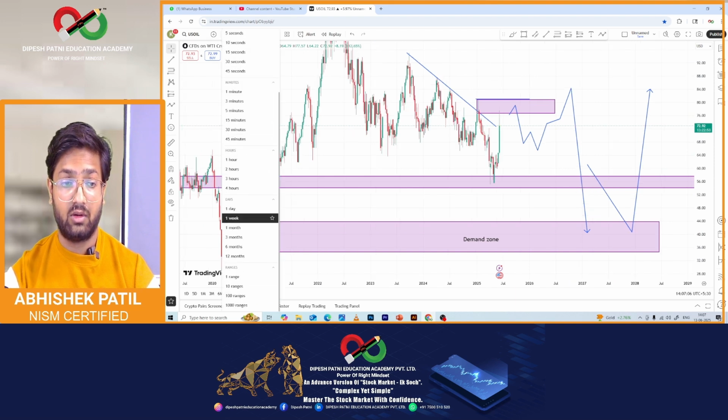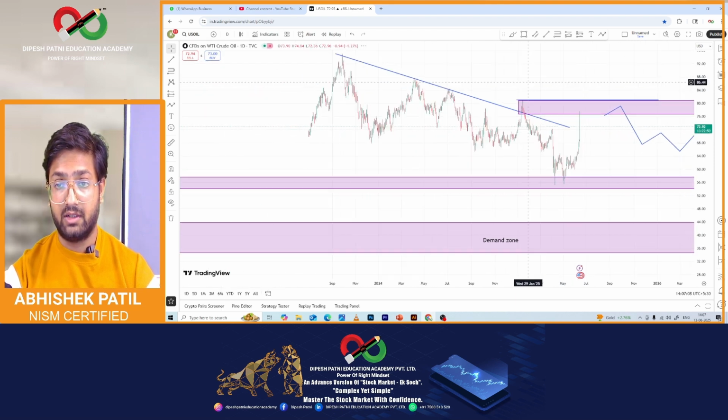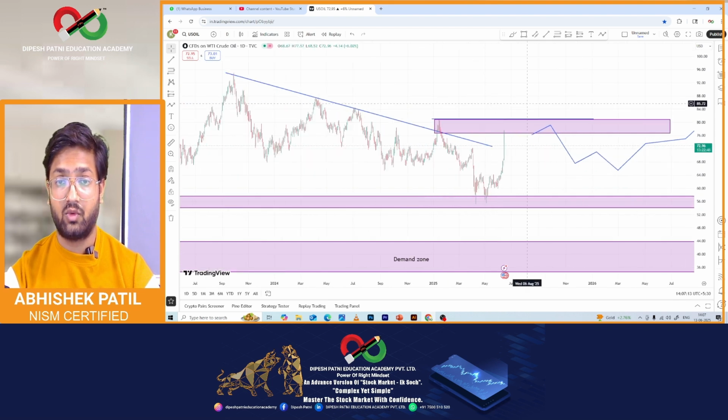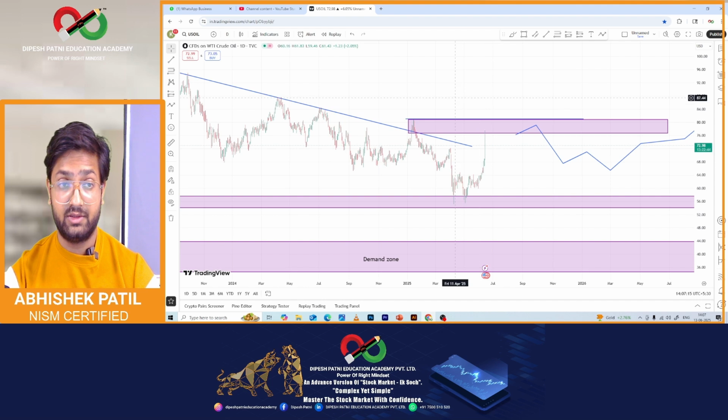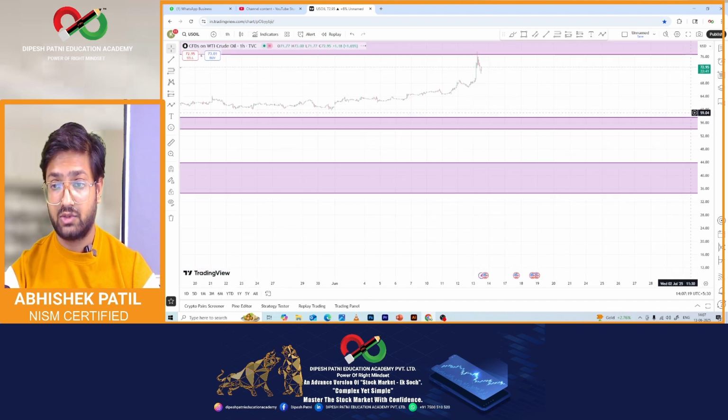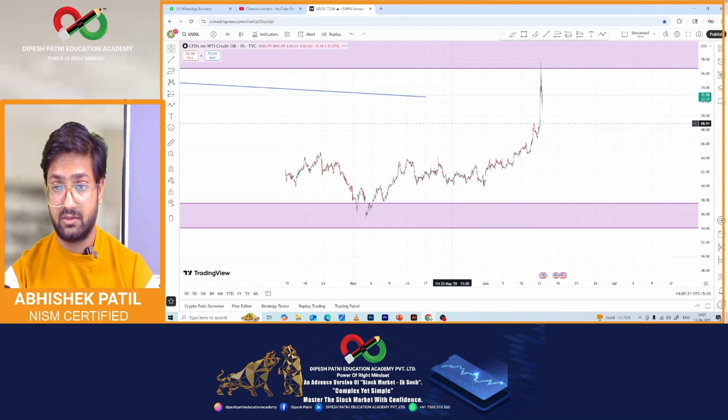If you go for a daily time frame, see here the price is reversing from here. So as of now we spoke about swing trades. Now let's jump into the intraday. What is happening on the intraday? So if we refine our entries,